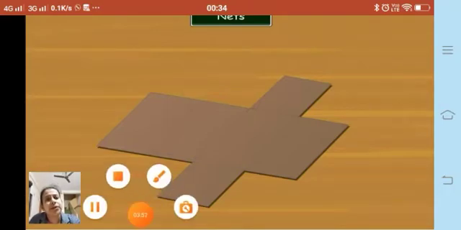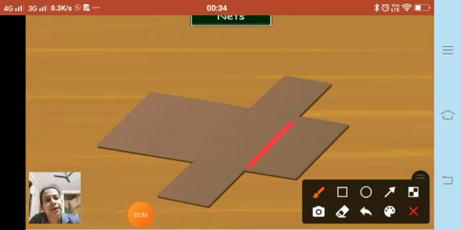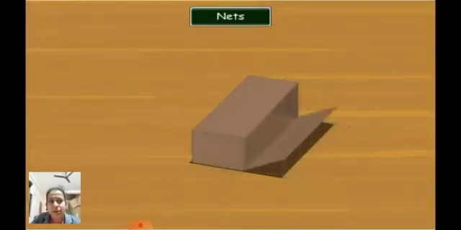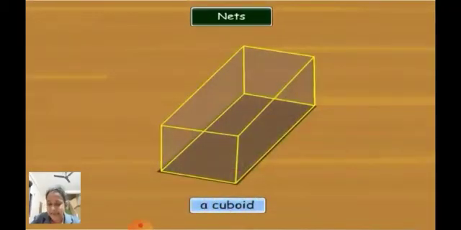Now let us try to fold them along the lines. You can see some lines here, right? This is one line, this is another line, another line, one more line over here, and here one more line. If you fold them along the lines like this, what can we get? Let us try to fold it first. When we fold it, you can see we get a structure something like this, right? Now we obtain a three-dimensional shape.